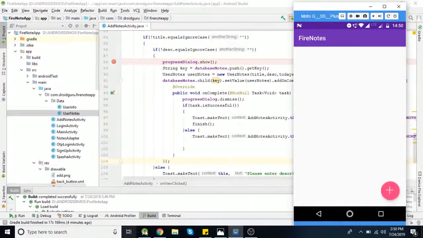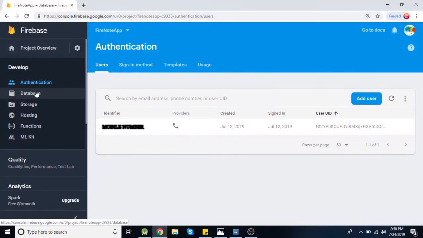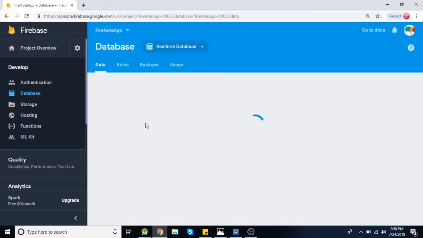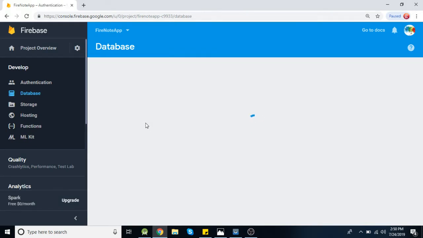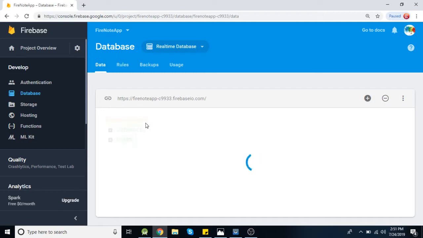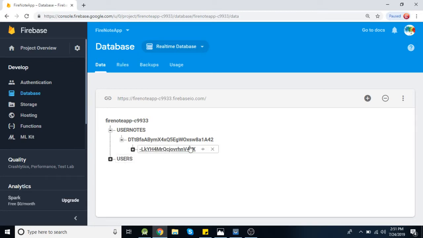Now you can check that note here in the database tab. You see here the second table, which is named user notes, and in that table this is our user ID, and in that user ID this is the first note which we just saved.